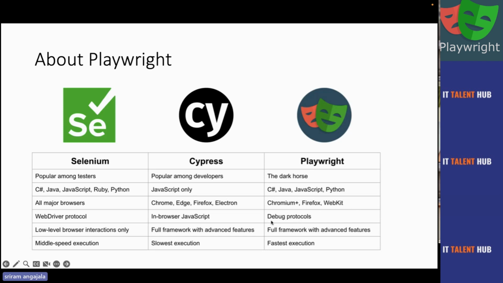And very importantly, how it works: it actually works a little bit more closely than WebDriver. The protocol is like a debug protocol, which is nothing but the way developers debug, and the same way you can debug your test as well. It's very nice. And finally, it's super fast. And again, whenever a tool is fast, you always have an issue with waiting. But it actually handles the waiting also.